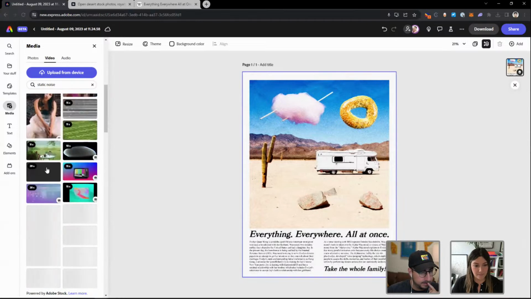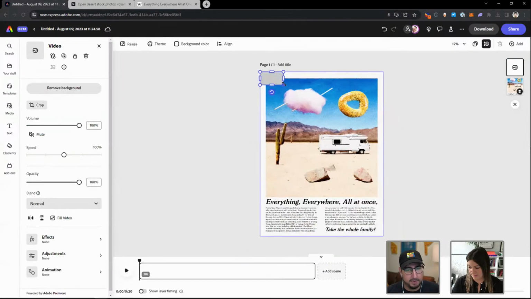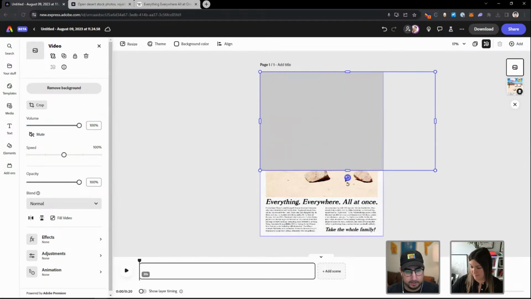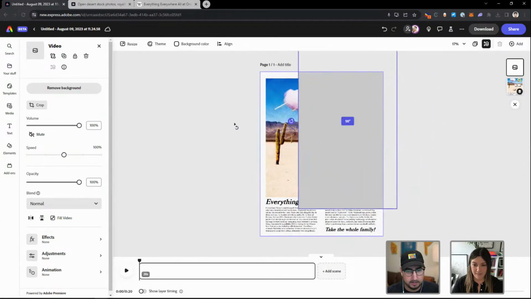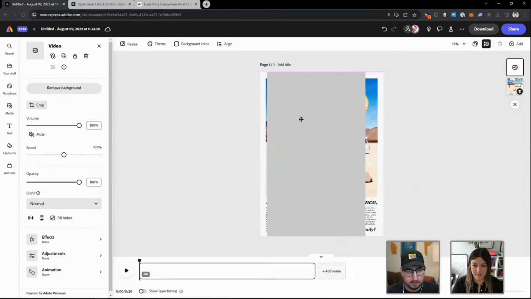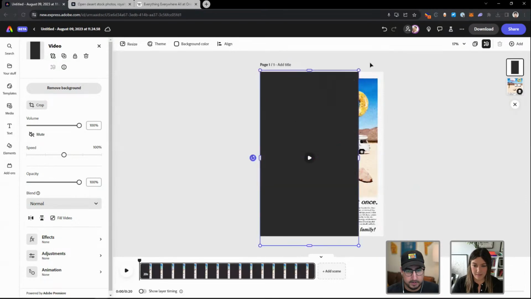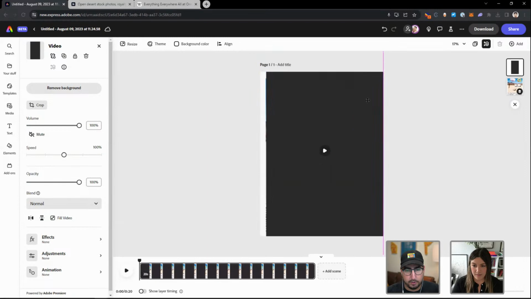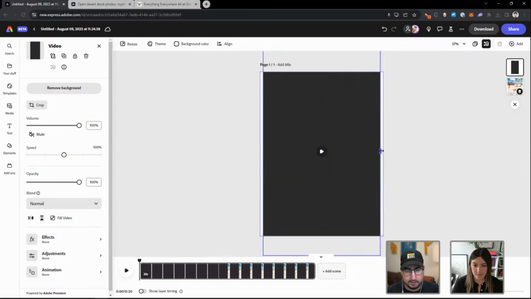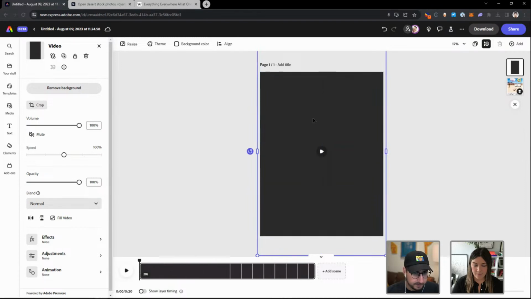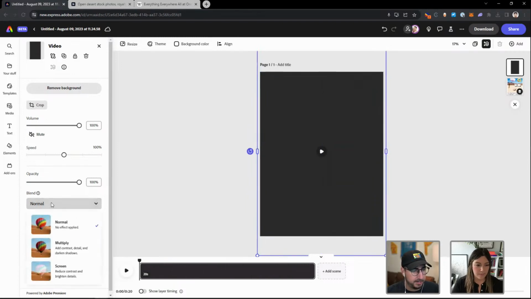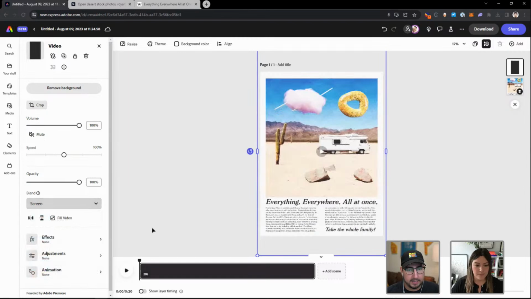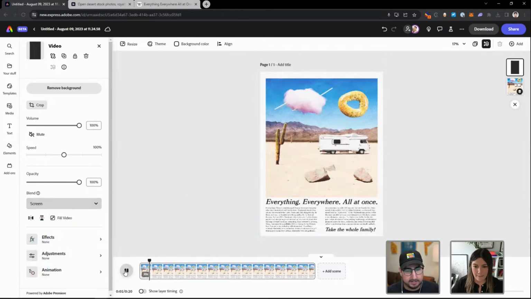Let's see. Oh, this is probably what I want. So I like this one. I'm going to click on it, and then let's see what that video looks like once it loads in. Okay, cool. So I'm going to pull this over the whole canvas, and this is where Adobe Express is really, really powerful. As I can grab this, and I'm going to change the blending mode here to screen, and that's going to take away all of the dark pieces. And now it's a video. When I play it,